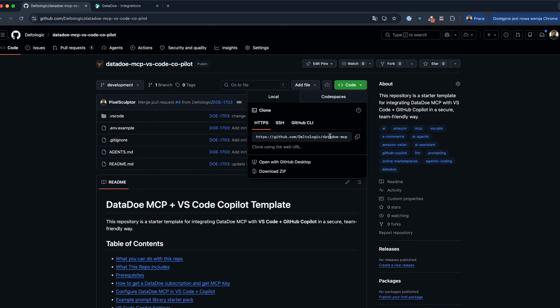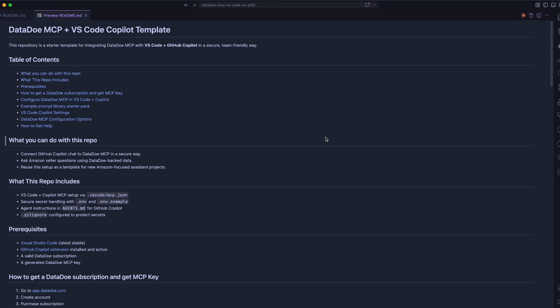our repository URL and use the git clone command in your favorite terminal. So now let's go to the IDE, VS Code. I assume that the repository was cloned, and here we go again. And here, as you can see, there is a preview of our README. So if you have any problems in the future, you can go to our documentation to find answers for